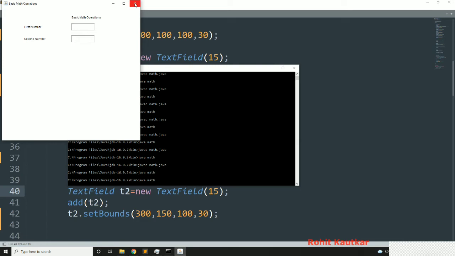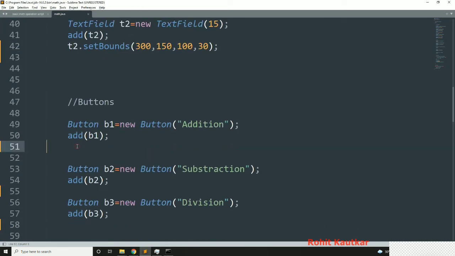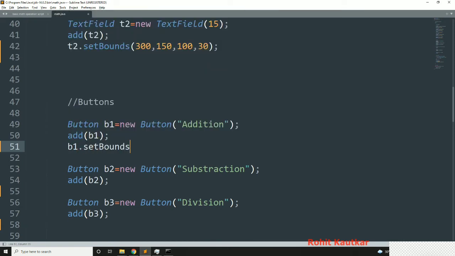Okay, now next to this we will try to arrange 4 buttons. So here I will use b1 dot set bounds, and we want our buttons below this. So here I will write 200 as an x position, 200 as a y, width will be 100, height will be 50.